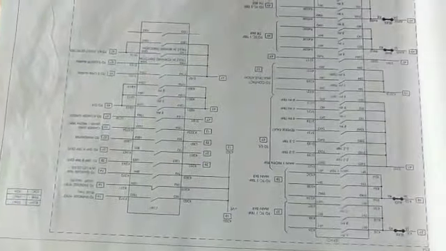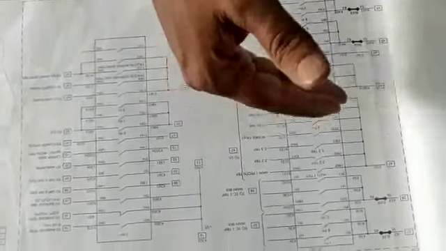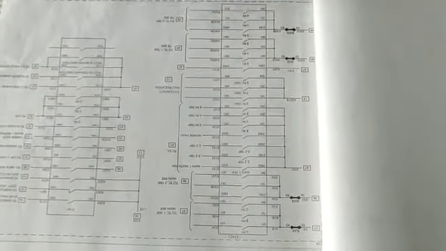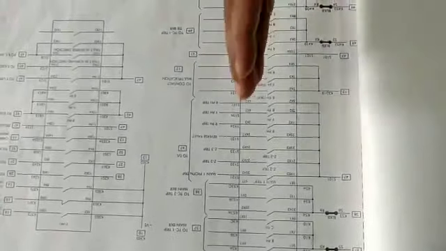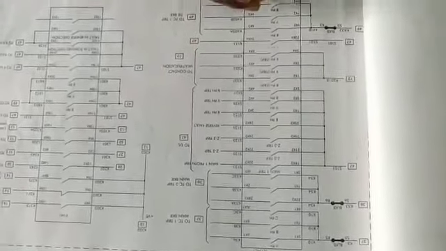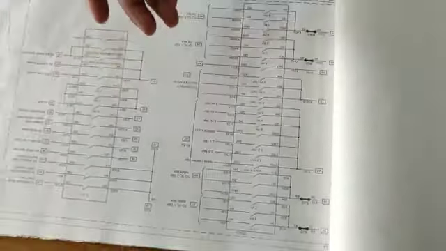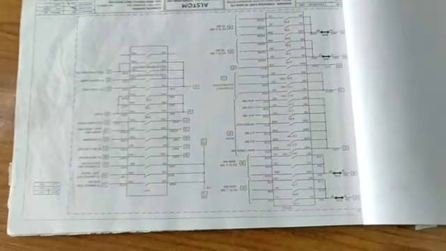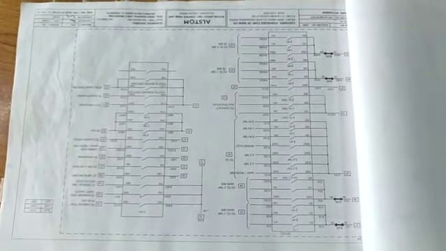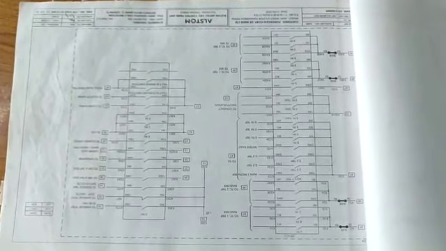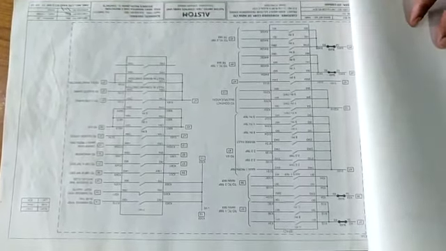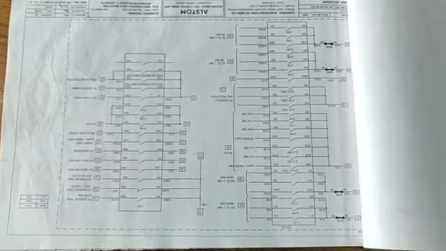Now from the very next page, you can see the various inputs and outputs of this relay. Actually this is a very old drawing. So in this drawing we will see the basic concepts of input and output, but when we refer to the more advanced or latest scheme drawings, you will be in a better position to understand this input output configuration and understand how the scheme drawing can be referred.